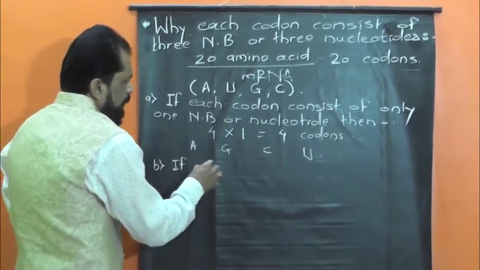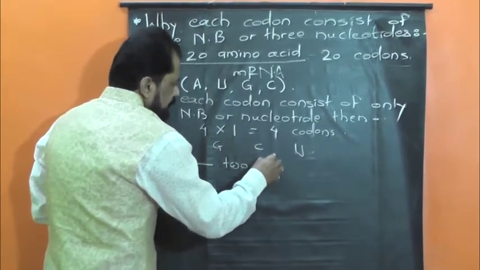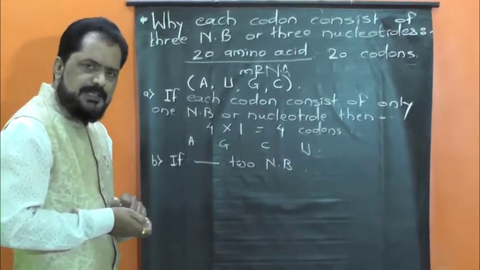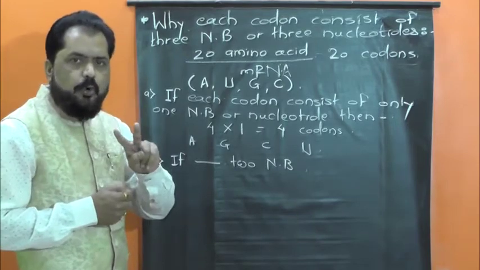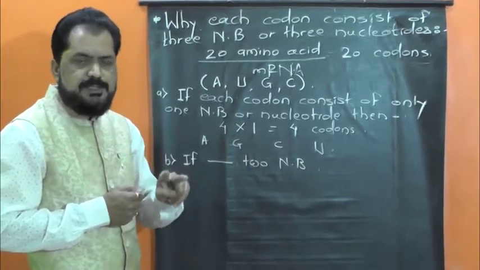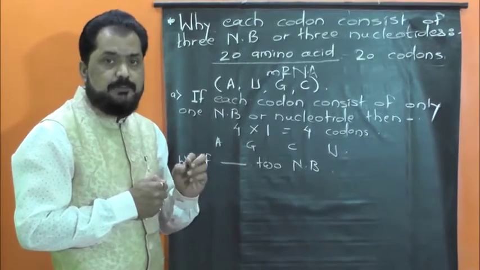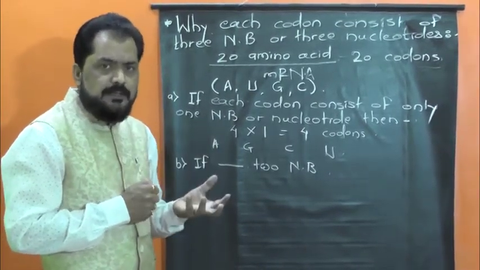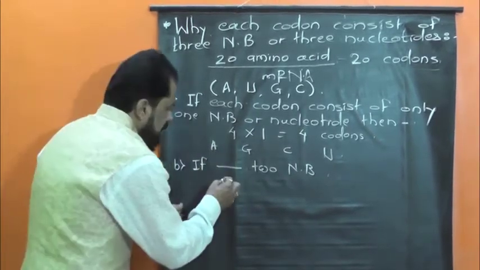If each codon is with 2 nitrogen bases or 2 nucleotides, समजा असं कल्पना केली की प्रत्येक कोडॉन हा 2 नायट्रोजन बेसेसने तयार झालेला आहे. It means the codons are supposed to be doublet. तर how many codons are possible? Let us try to understand. Consider